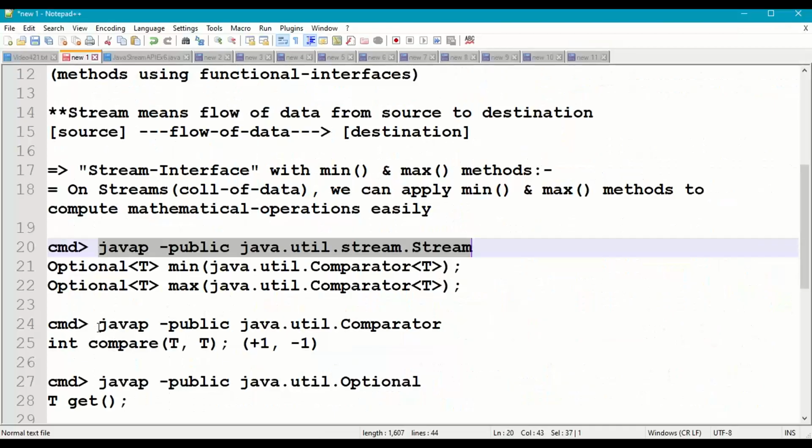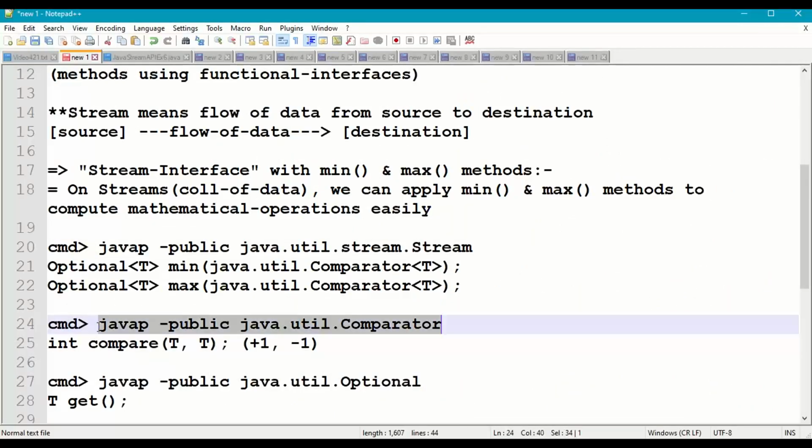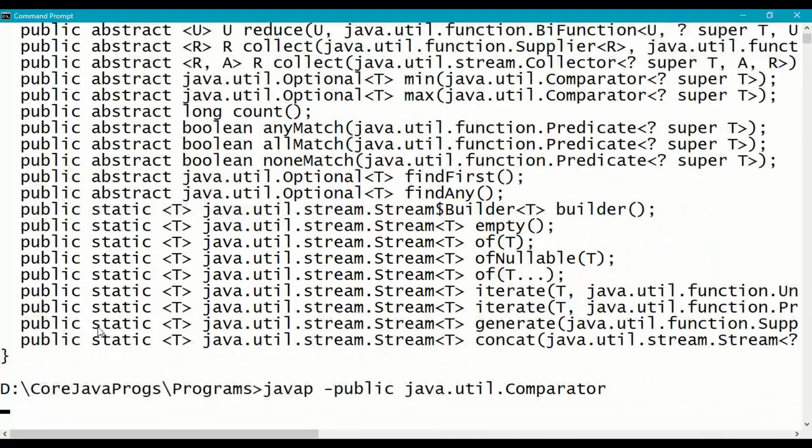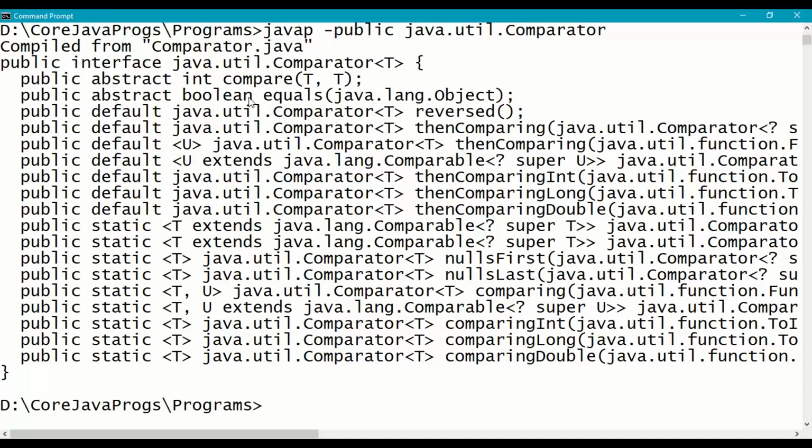If we see the description of the Comparator interface, in the Comparator interface we have the compare method. This compare method will take two values from the stream, first value and second value.